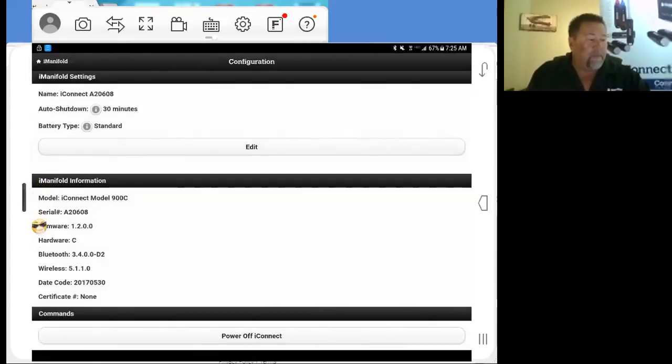Here's your hardware version, Bluetooth, and all of your other information in here, and you can also power off your iManifold or iConnect from here. So at this point, we're done on this page. We're going to go back into our iManifold, iConnect,